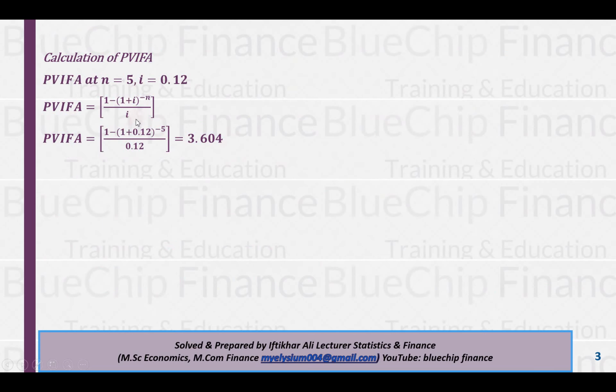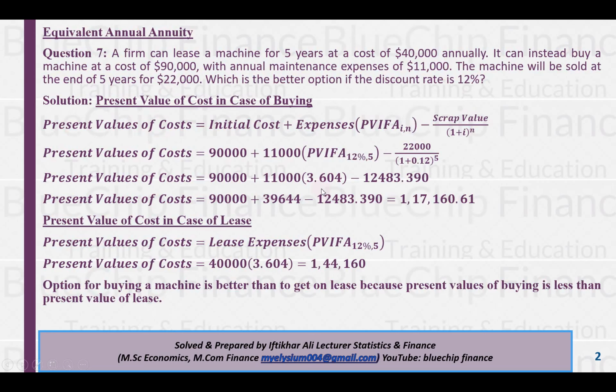You can see here that PVIFA at n equals 5, I equals 0.12, apply the formula 1 minus 1 plus I raised to power minus n, divided by I, and after putting these values, your PVIFA is 3.604. Apply the factor here, and minus 22,000 divided by 1 plus 0.12 raised to power 5, and just sum it, and your result is